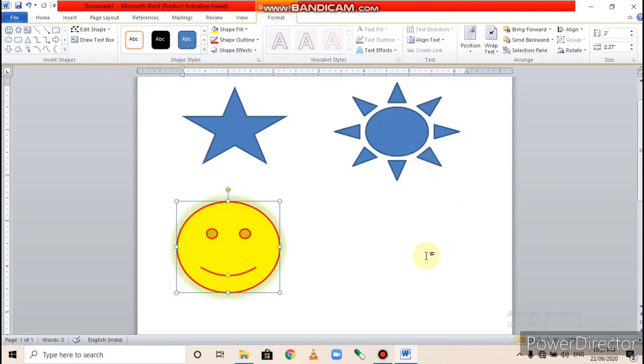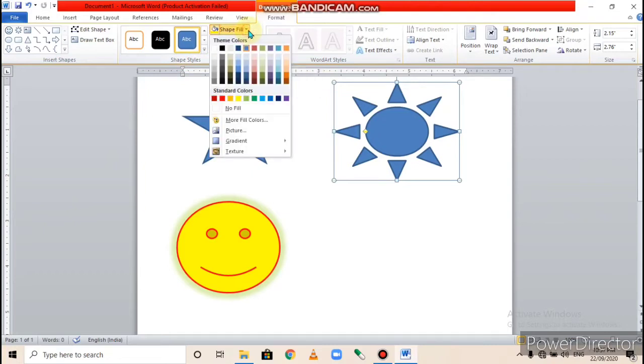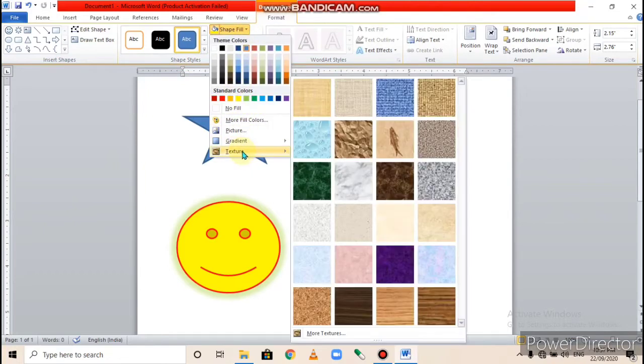How do we change the appearance of the shape? First of all, select the shape, then click on the format tab, then in shape styles click on the shape fill option and choose the color. You can change the textures also.